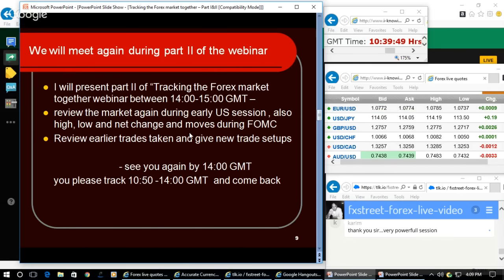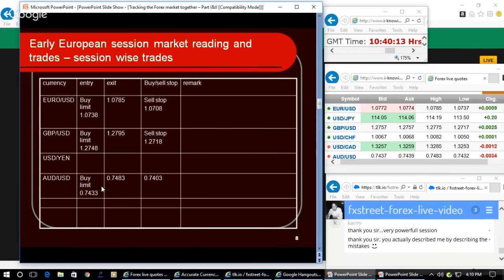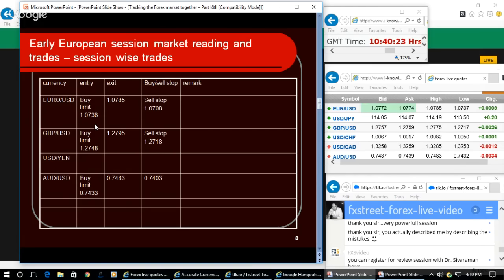So I'll come back by 14 GMT and review the positions that I just envisaged. And if they are hedged, I will explain how exactly I use the trading strategy to come out of the positions with net profit. All those things I'll explain to you in case the positions are filled. I hope the positions will be filled, then I'll be able to show you that. Otherwise, I'll try to modify the orders slightly, improve them, take the positions and show you. But the trend is going to be the same.